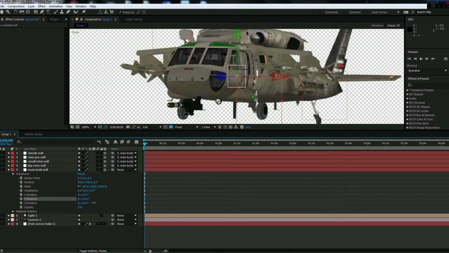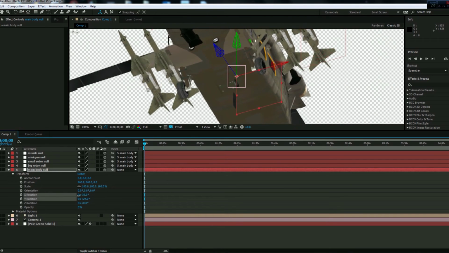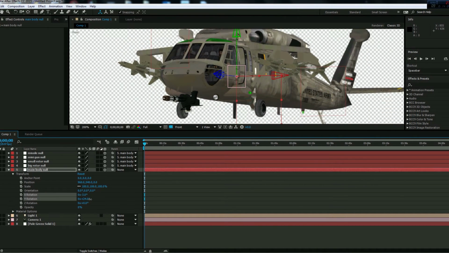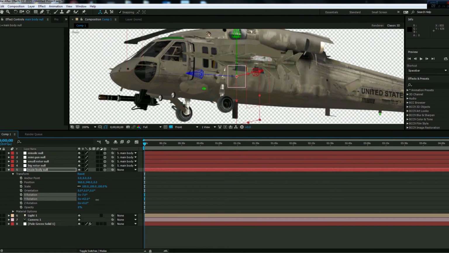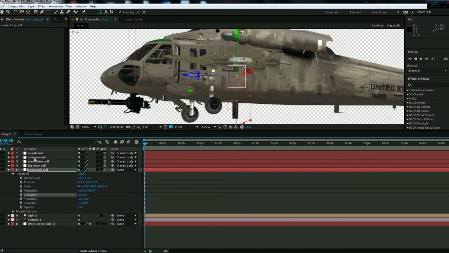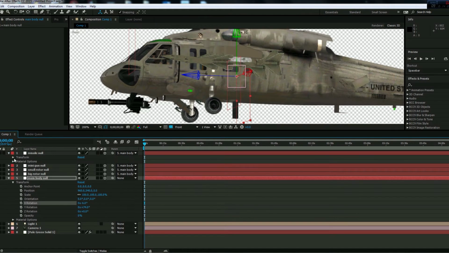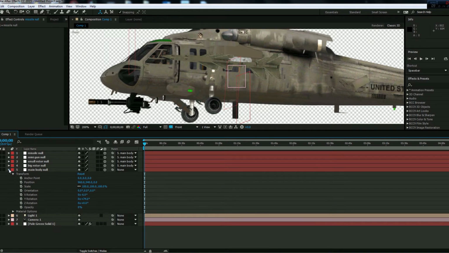Now we can move the main body around and maybe take a look underneath and see what that looks like underneath. Doesn't look too bad, and I think it needs to be slightly tilted, I believe. If you can see, the other ones are tilted slightly up. This one isn't quite tilted at all, so I think we need to tilt that up. Not the helicopter, the missile, sorry. Let's go do that again. So, and tilt it up just slightly there. Okay,